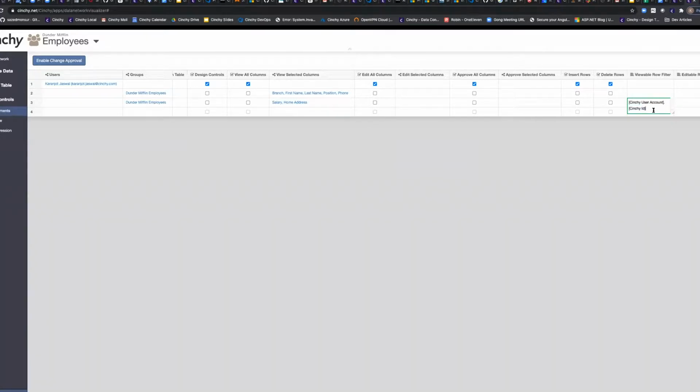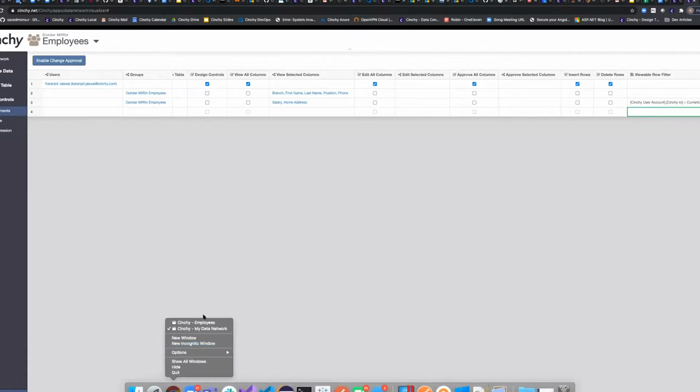The Cinchy ID in the platform is a unique identifier for any record that exists. And I want to match this against the current user ID. Now, when I come back as Michael Scott, I've created the second entitlement, which is